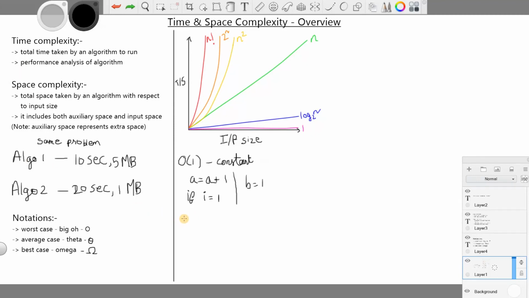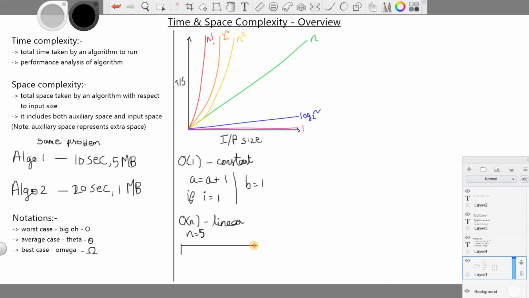Now the second one will be linear time, that is big O of n. Linear can be linear time or space. Here let's consider an array of n size, so n equals 5.